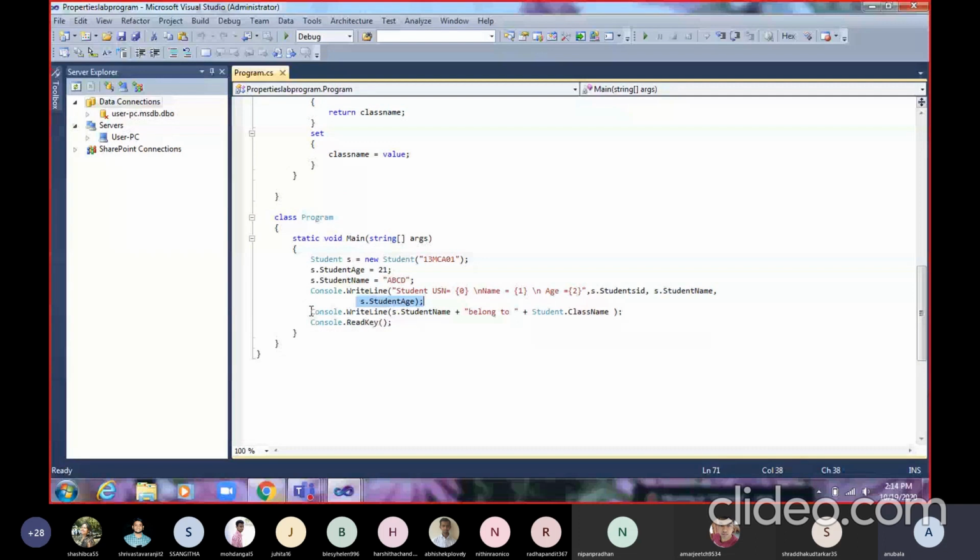Console.WriteLine. First I'm printing the name of a student with concatenation, with one message about which class the student belongs to. Now see here, if I want to access the static property, I have used the class name. This is the difference. Here I was using the object to access all these three properties, but because class name was a static property,